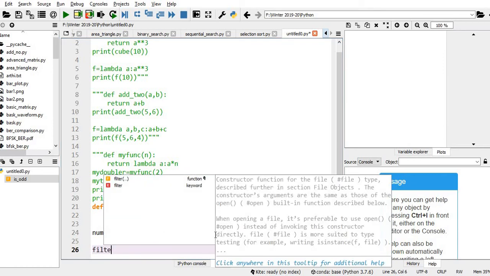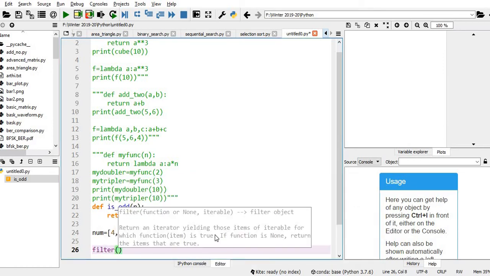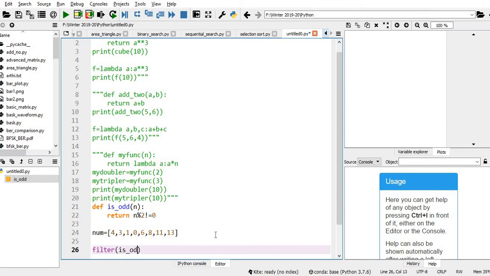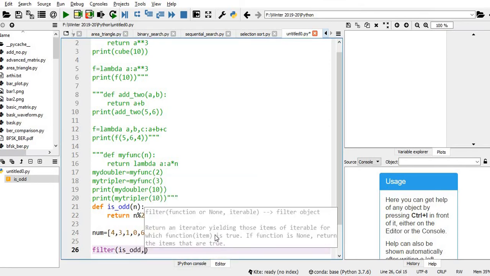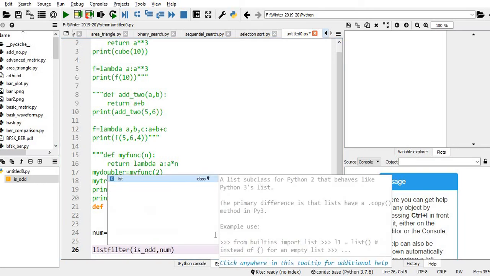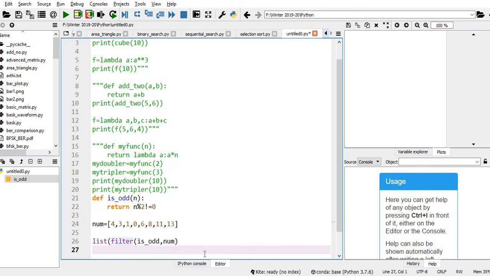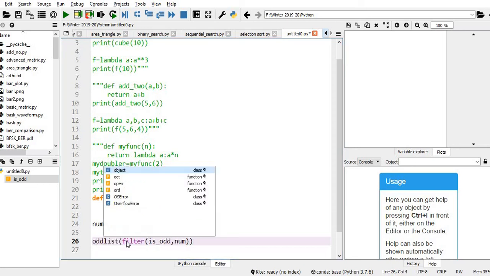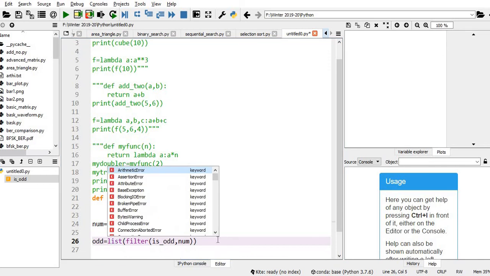So I'm using filter. For filter, the first input is the function. The function name is odd. The second input is the list, which is num. Also, I need the output in list format, not the sequence, so I'm using list. This should be assigned to some variable odd.